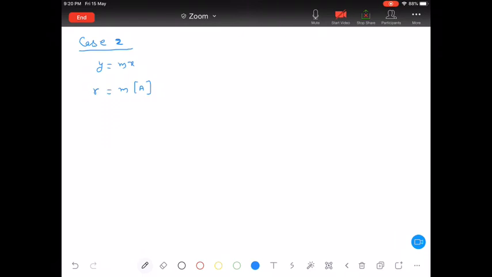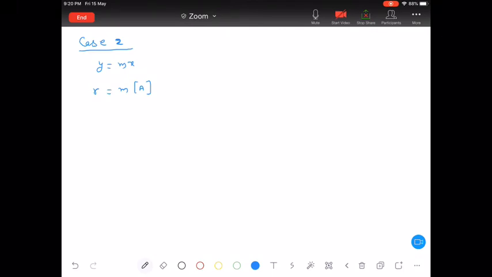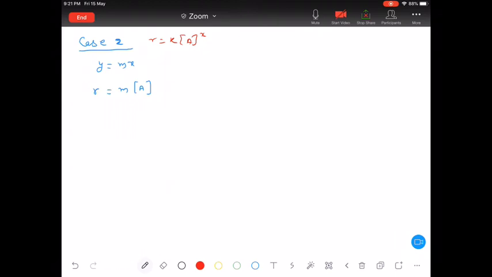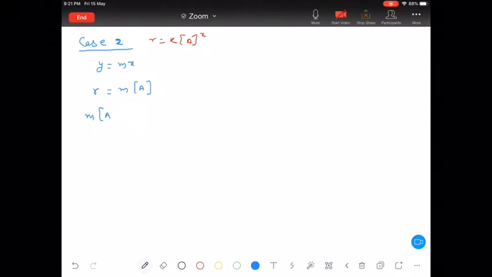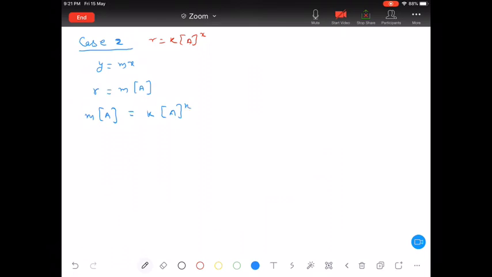Correct only. So also the rate law we have already defined. Rate law has been defined as r is equal to k a to the power x. Both are giving you the rate, correct? So if both are giving you the rate, then I can compare both of them. I can compare m into a. That's why on x-axis I have taken concentration, so that we can compare rate with the concentration. That I can write as k a to the power x. This implies the slope of the line will give you the rate constant.